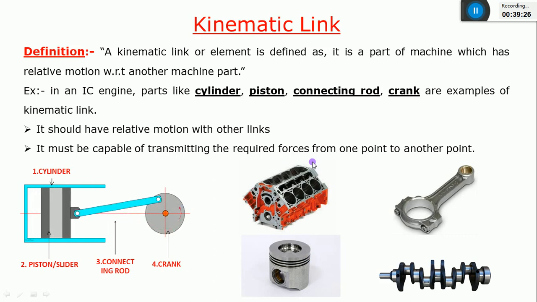So this is about kinematic link. This will be a fixed question. You may get a kinematic pair also, but they'll frame the question in such a way as to define kinematic link with some examples and what are the types of kinematic link. In that case, you should be able to draw this figure, name the parts and mention the definition, example and conditions. Then only you will get full marks.